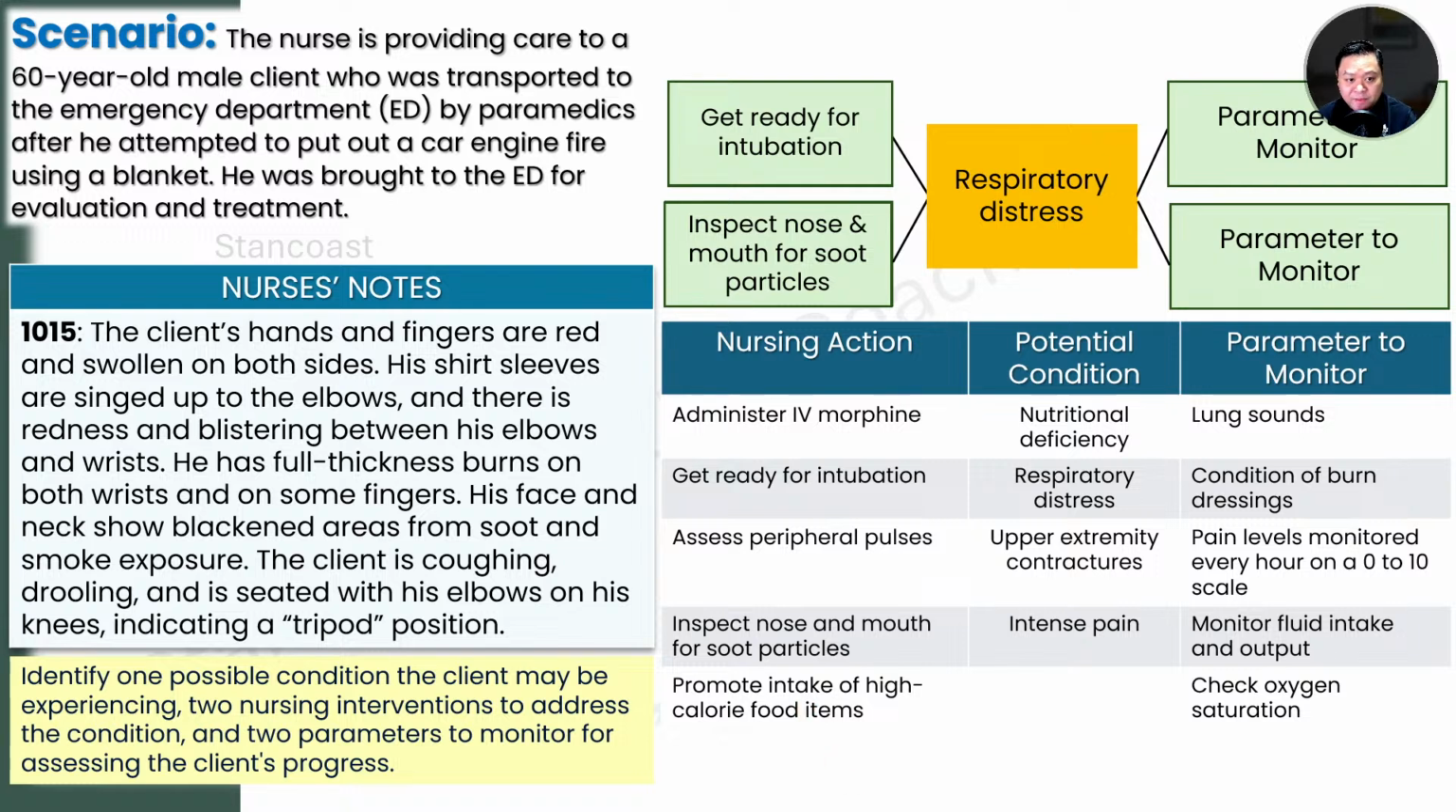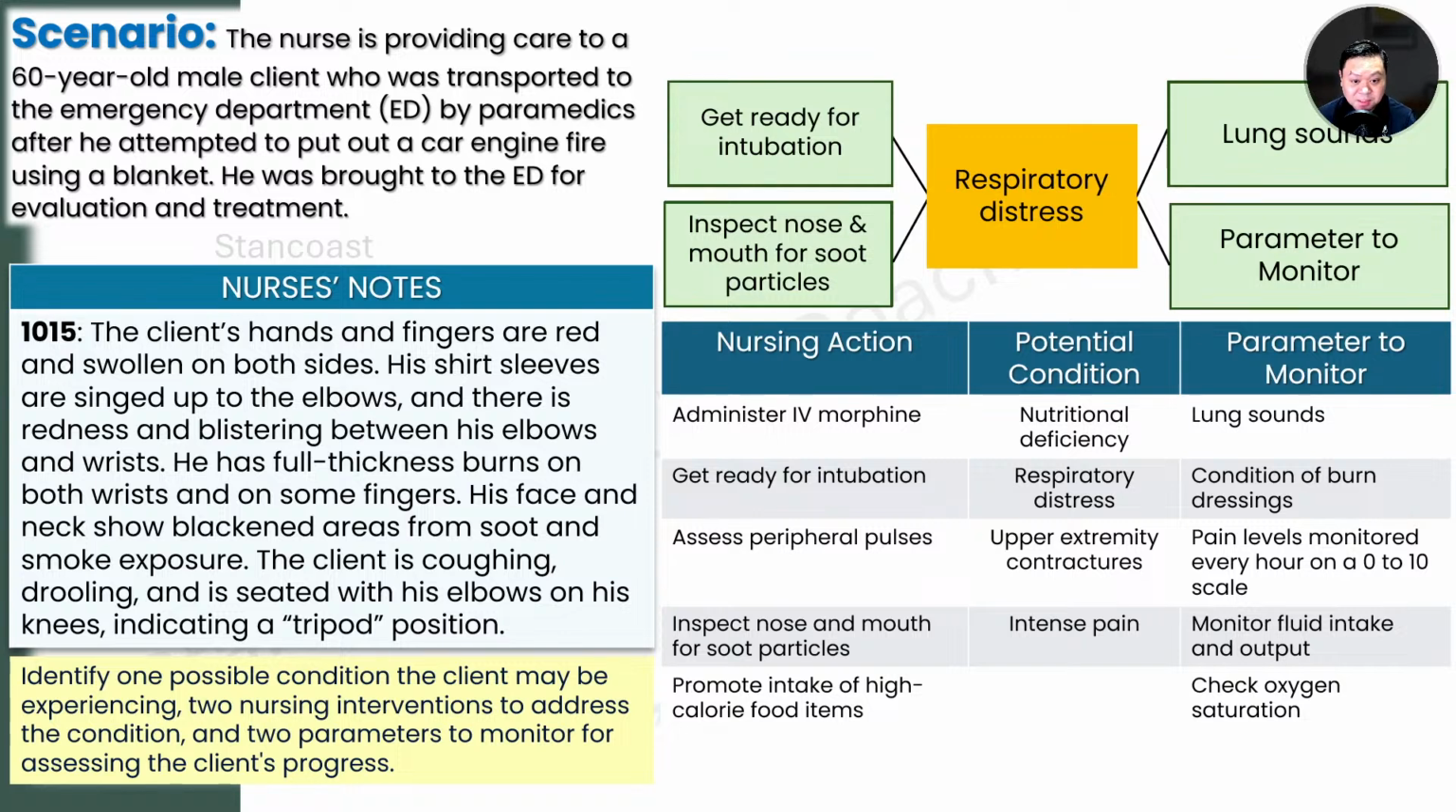Now, what about the parameters to monitor? I'm seeing lung sounds. One of those answers will be to check for the breath sounds or lung sounds. This will also give us an idea if there are going to be signs of respiratory distress or obstruction. And if there is going to be a decrease, or the appearance of abnormal breath sounds, let's say stridor, this can indicate that the patient may have obstruction in the airway, or maybe they are having atelectasis